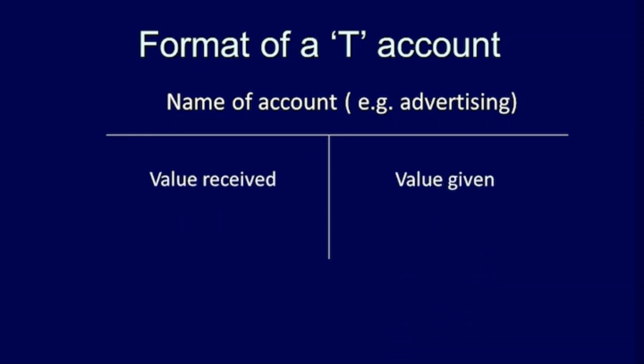If you look at the T account, debit is on the left, credit is on the right. The left hand side of the account represents value received by the business. This value can be an asset or the value of an expense such as advertising. The right hand side of the account represents value given by the business. This value can be the value of equity, liability, or the value of income such as sales. So the type of account determines whether an increase or a decrease in a particular transaction is represented by a debit or credit. The accounting equation is foundational to accounting.